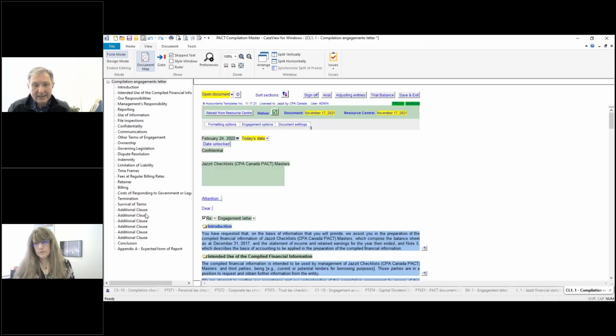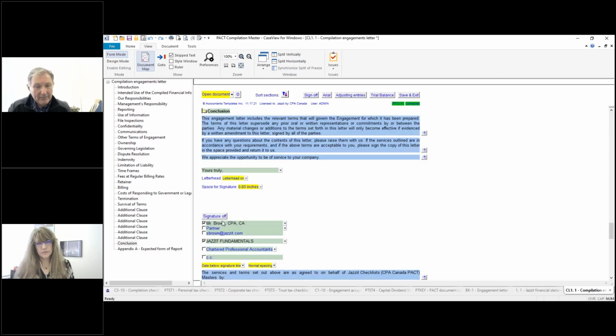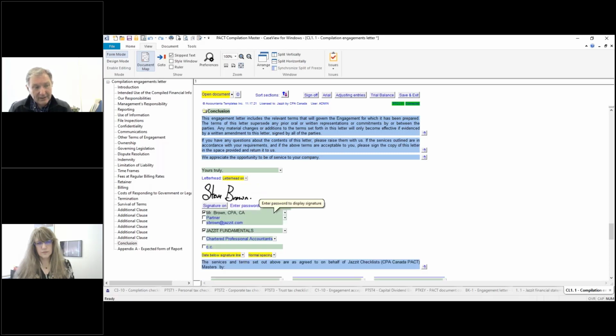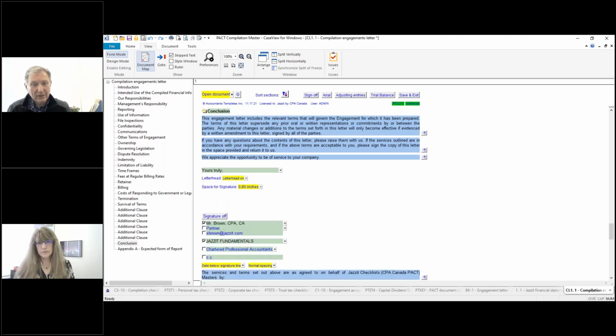And in the signature area now, the name that I had chosen in the statement, Mr. Brown, now appears here, okay? So if I turn on the signature, put in Mr. Brown's password, then the signature is now in the letter, okay? So I could PDF the letter, and what I would recommend you do after you PDF the letter is just turn that signature off. It actually deletes the image from the document, so even in design mode, we wouldn't have